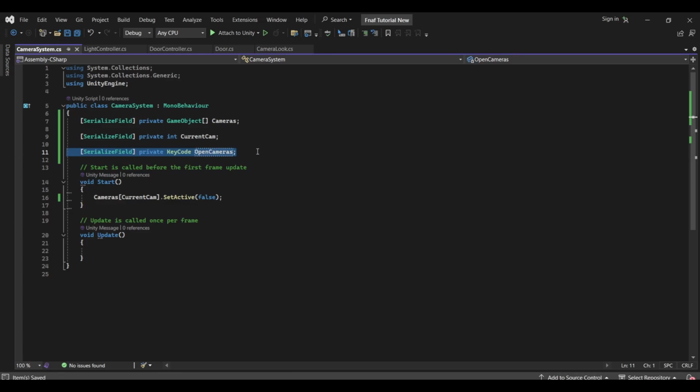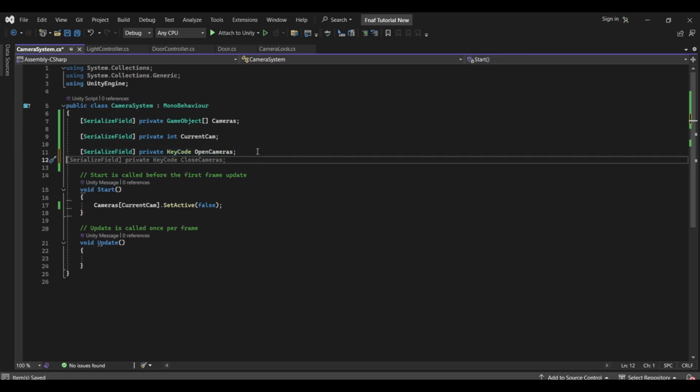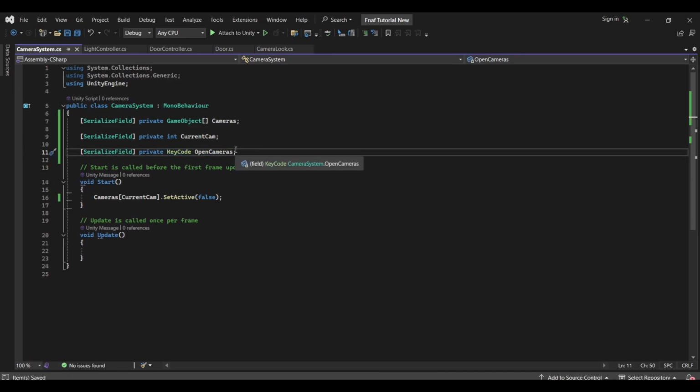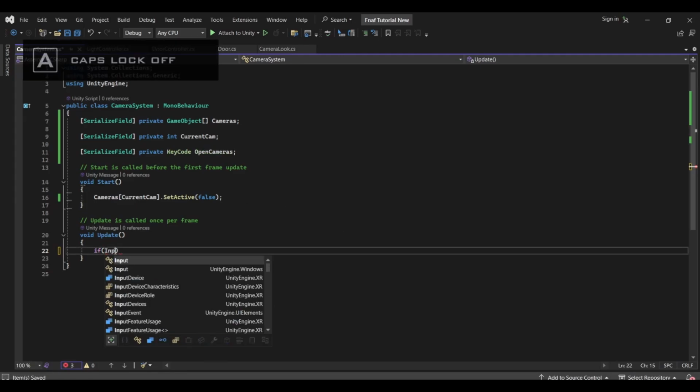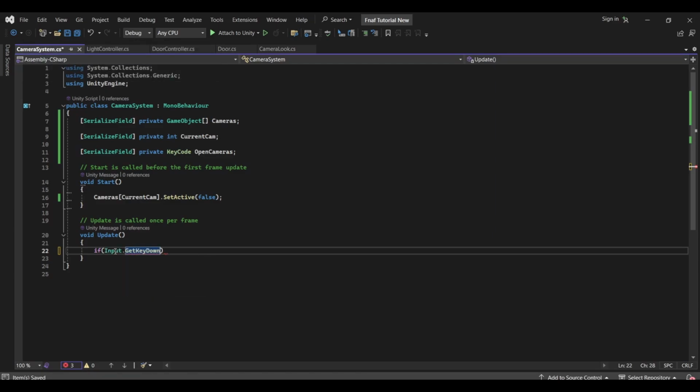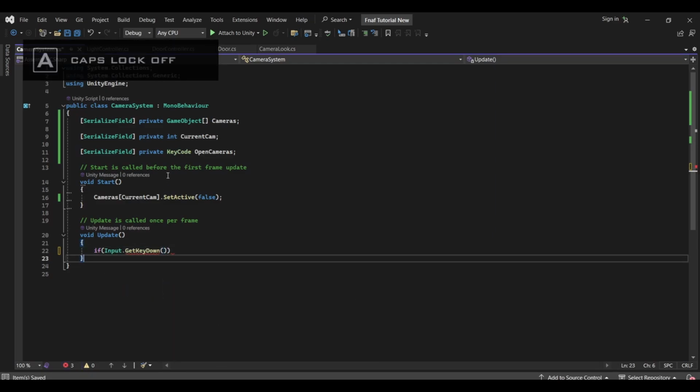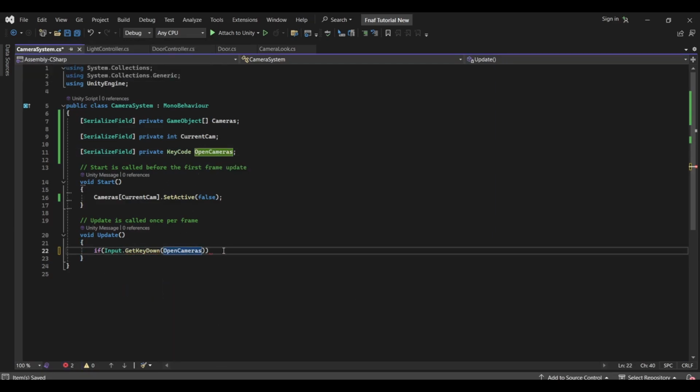We don't need more key codes, because then we can just use the preset horizontal keybinds, so A and D, left and right keys. So we're going to make an if statement: if input dot get key down open cameras,